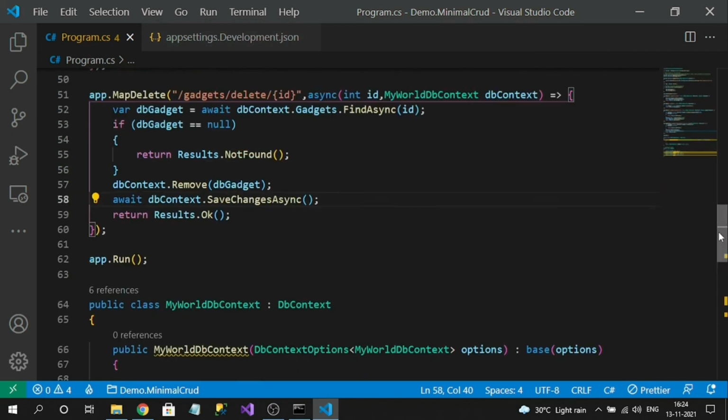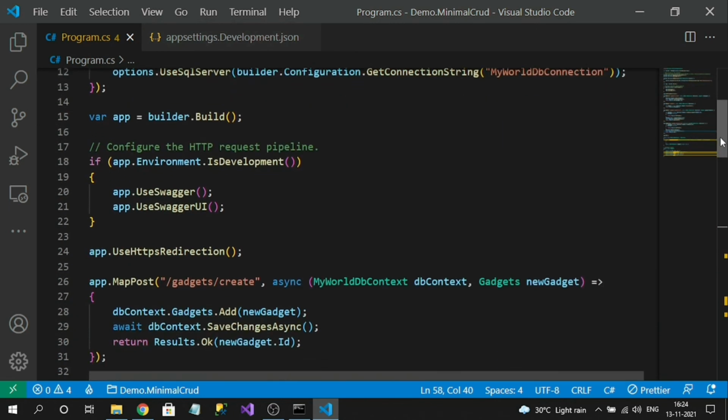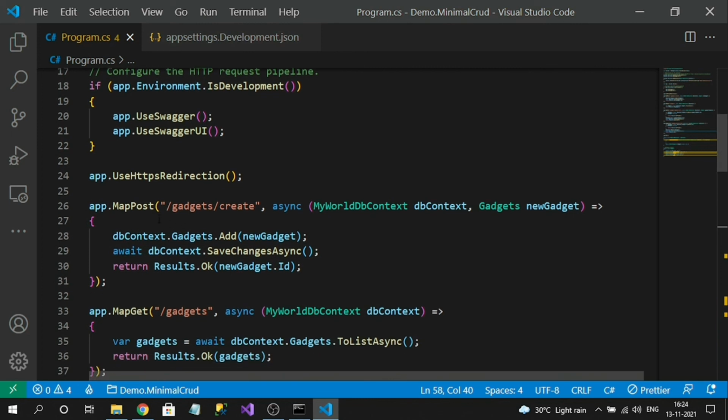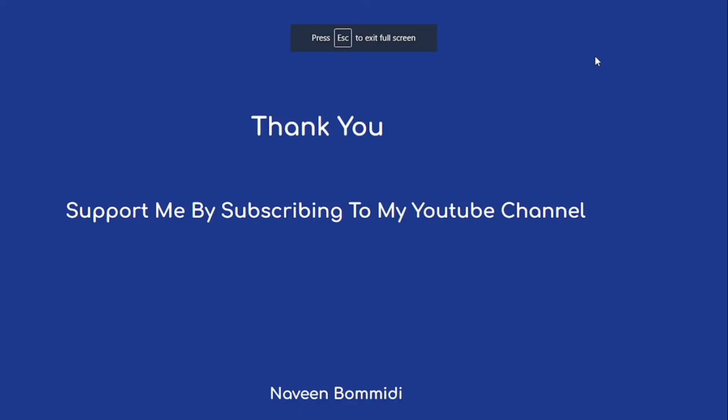So let's have a brief look over here. Minimal API is nothing but, at the time of URL registration, we can have a delegate function, and that delegate function can return the response directly to the user. There is no point of controller and action method execution here. It is pretty straightforward. If the URL matches, the delegate executes and the response is returned to the user. So that's all about the minimal API in .NET 6.